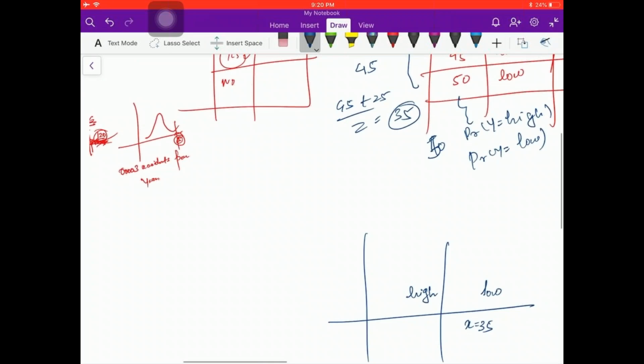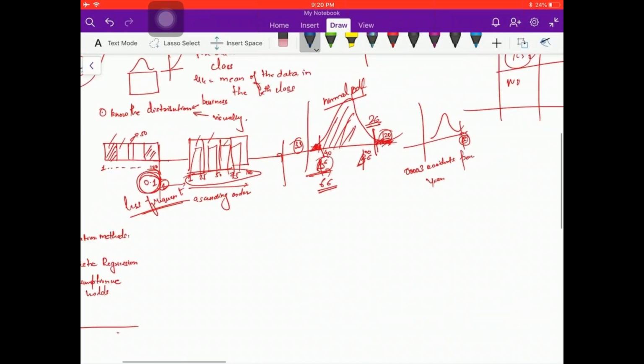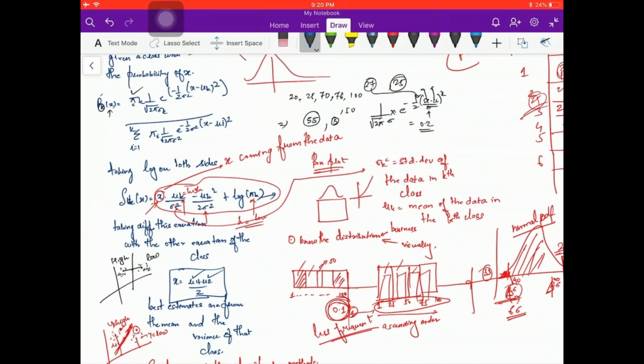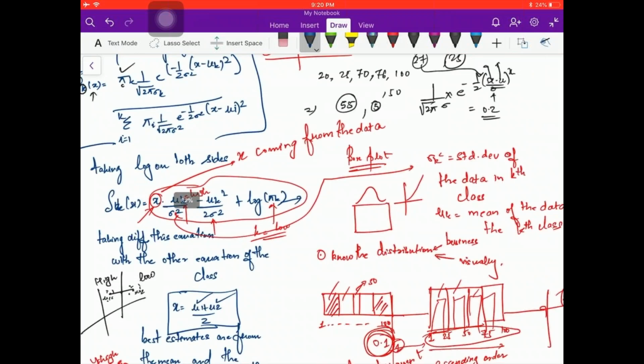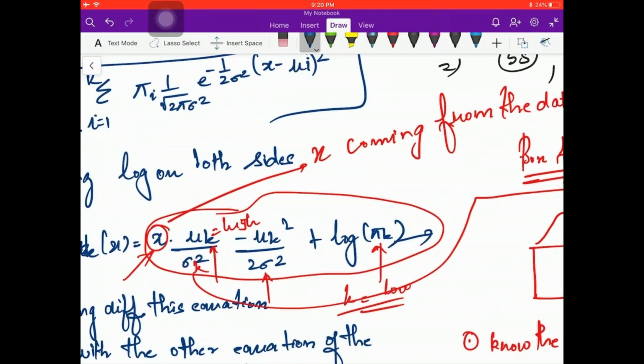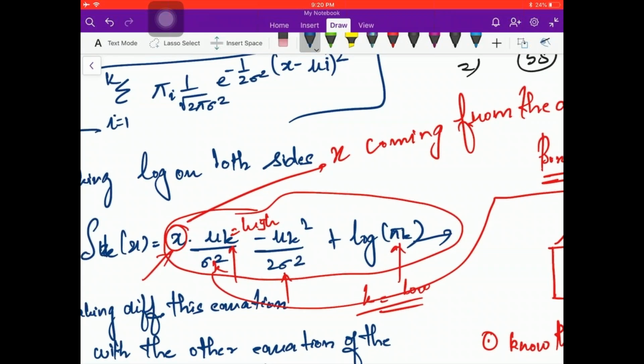Okay, so we just need to address how x equal to 35 came up. So Sunil, this part you understood, right? You are comfortable? Are you sure? Yes. Okay, because from there we derive the final equation, which is very simple. Exactly. Taking log on both sides and you just find out the. So here, what are the components you see on this equation? If I just zoom here, what are the components you see here?